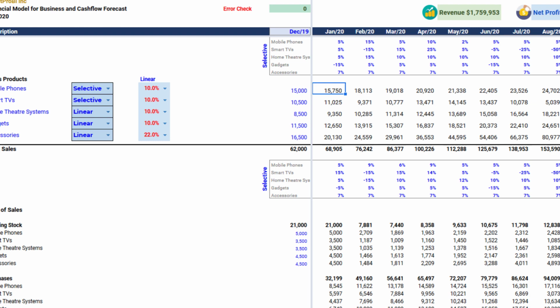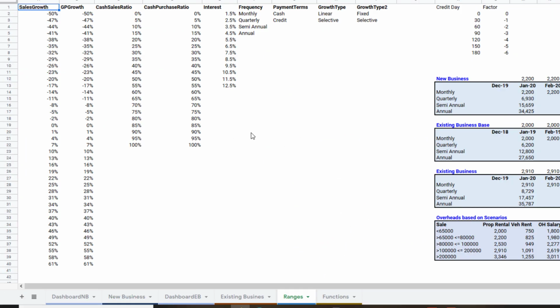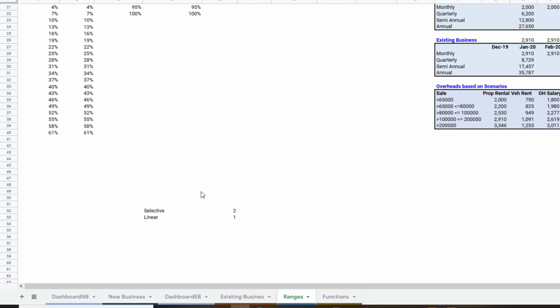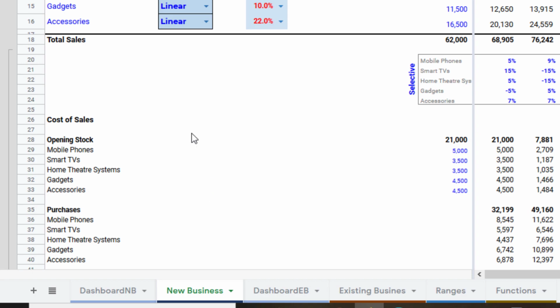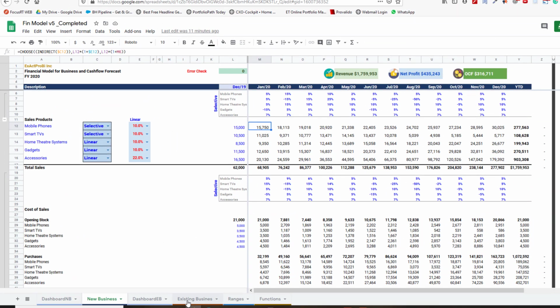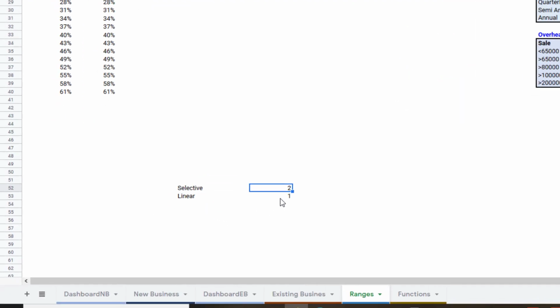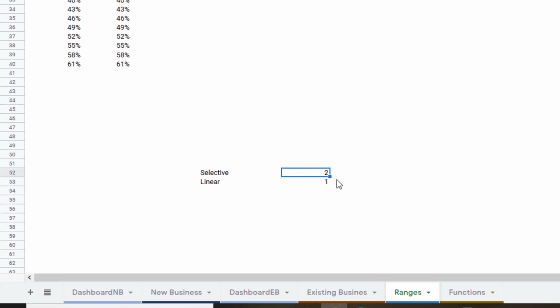If you go to the ranges tab in the Google Sheet, here, you can see the named ranges for this particular value, 1 and 2. That's what we need, right? The choose function, if you know the basics of it, is part of my course on building this financial model. If you are enrolled in my course, you'll know how to use the choose function because I'm covering that as well. But basically the choose function requires a 1 or 2 condition, which I'm giving indirectly based on this text reference.